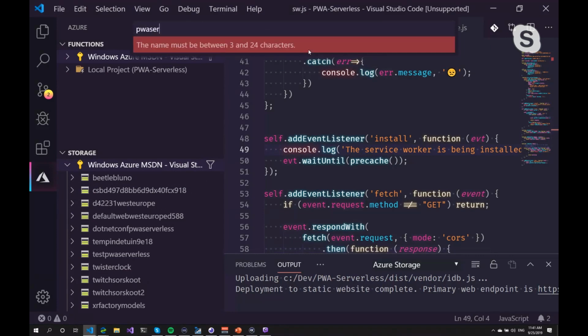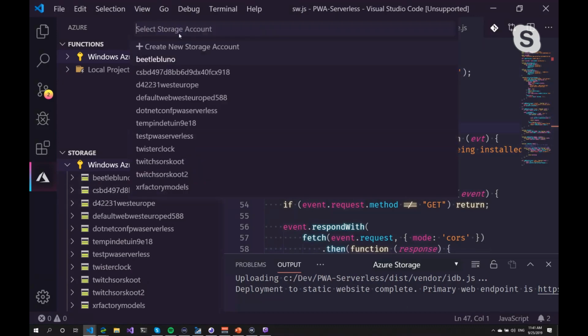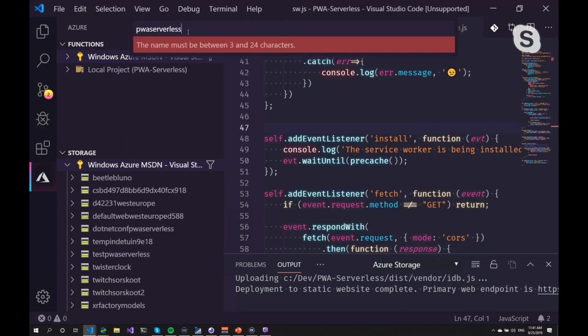Let's call it PWA serverless. And for some reason it doesn't like it. A new storage account, PWA serverless.